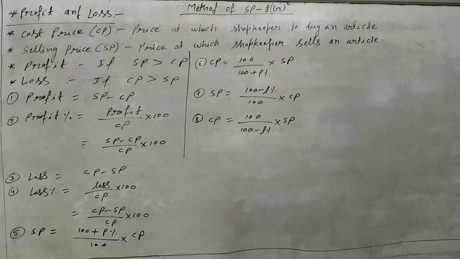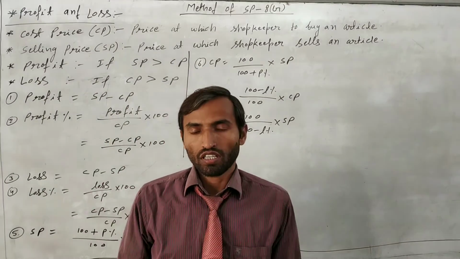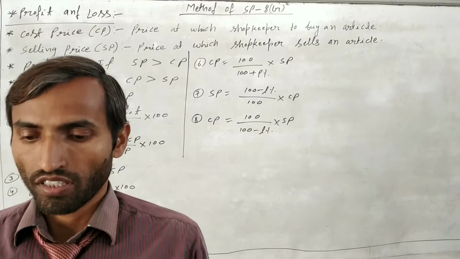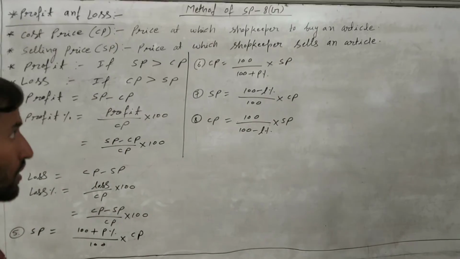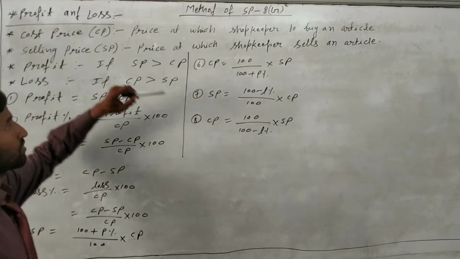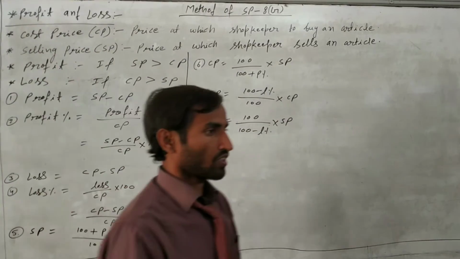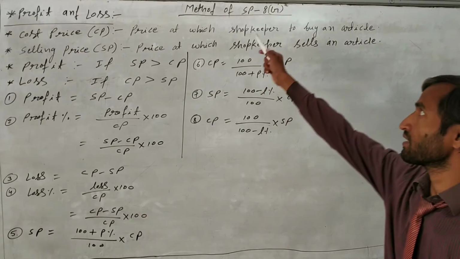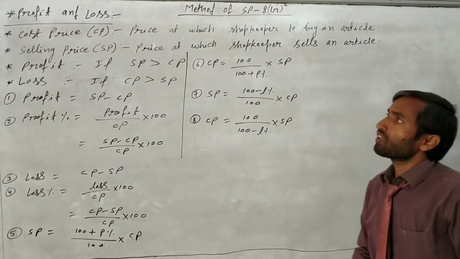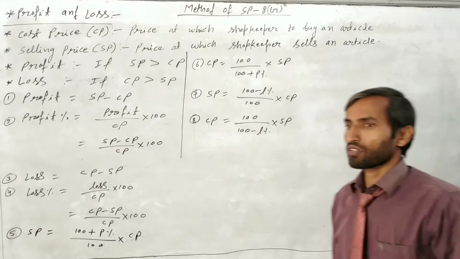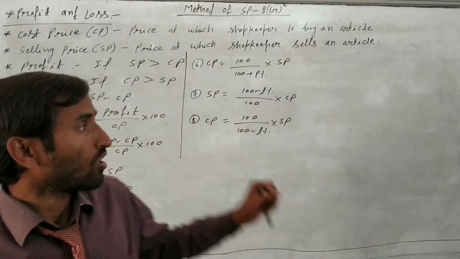Very good morning, students. In the previous class I explained up to exercise 8F. Now we have to explain the next topic, that is profit and loss. In this topic the exercise given is self-practice 8G. In profit and loss, first of all we have to learn what cost price is.